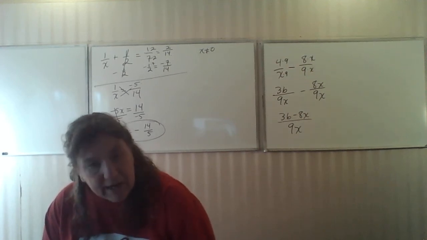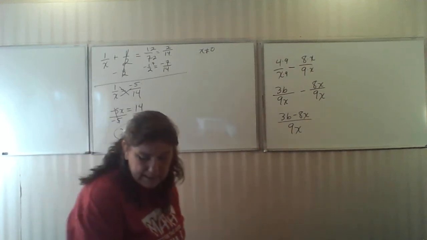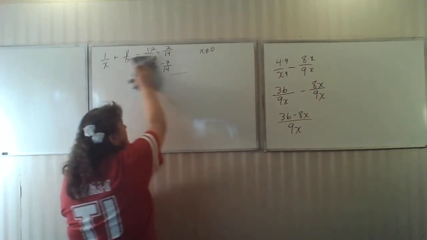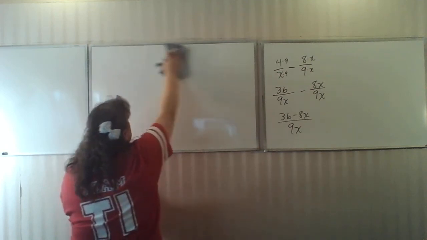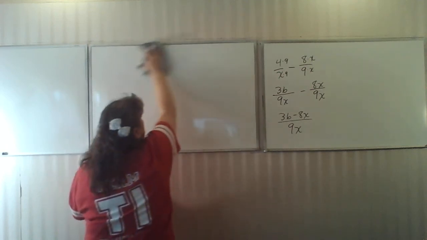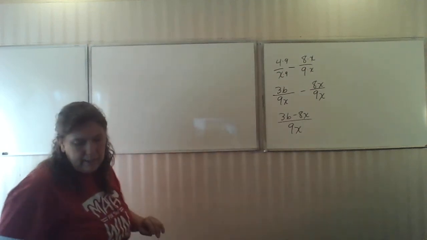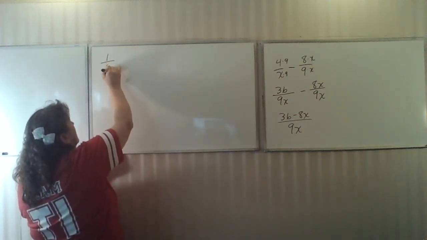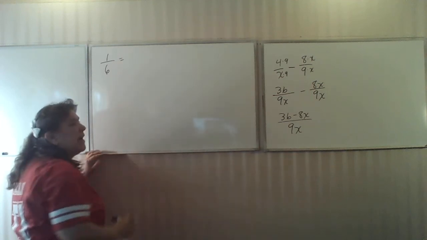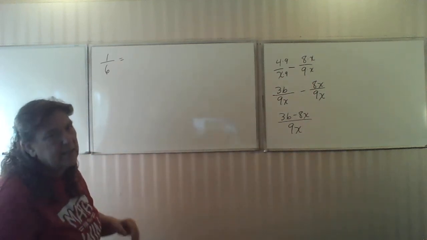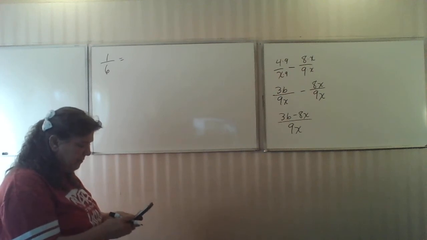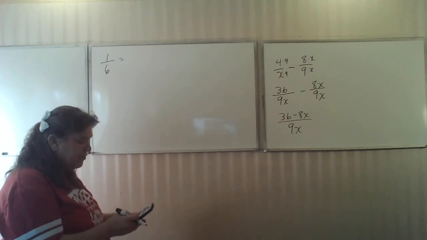Okay, changing fractions to decimals is another thing I'm going to have you do again. Reason why is you're going to use these kind of things a lot, so you might as well get good at it. Okay, how about 1 over 6? Divide your 1 by your 6, and I really don't care if you use a calculator on this. 1 divided by 6 gives you